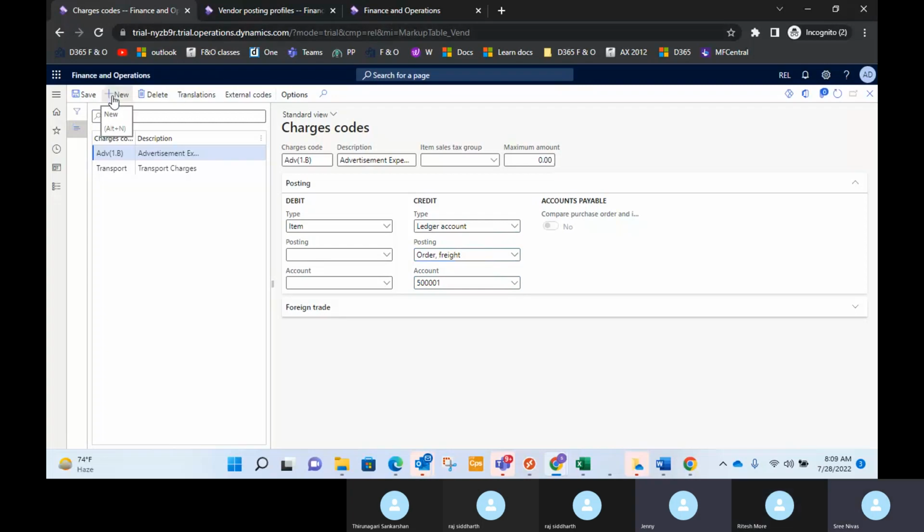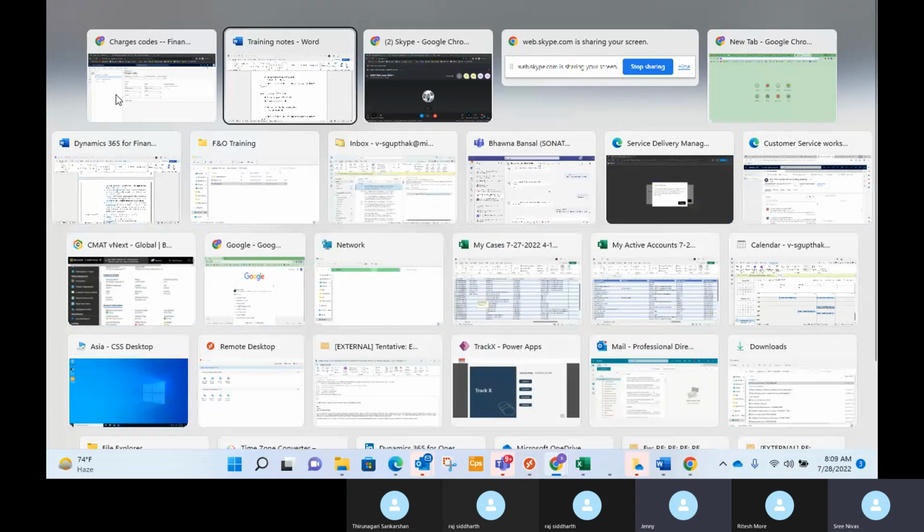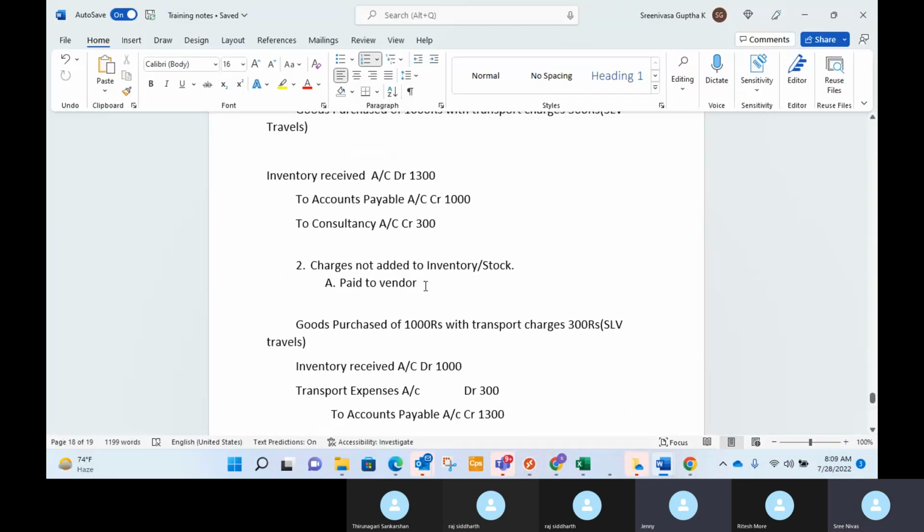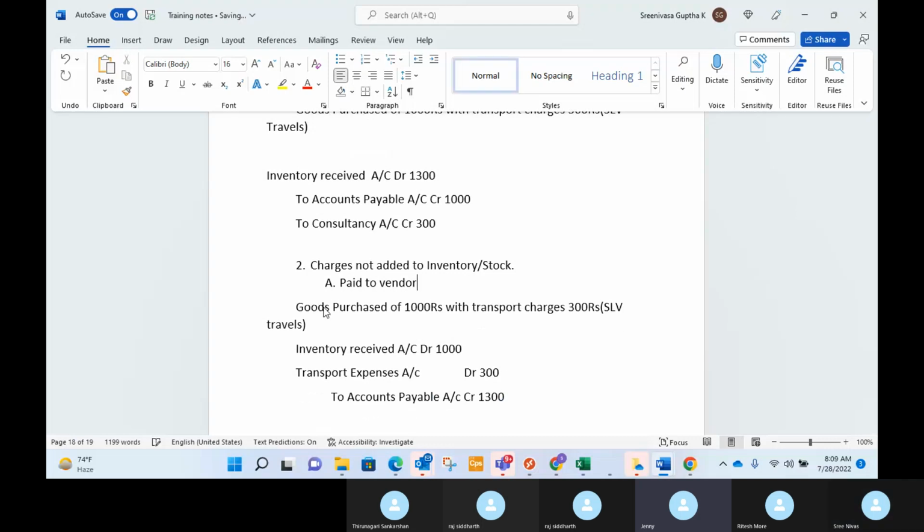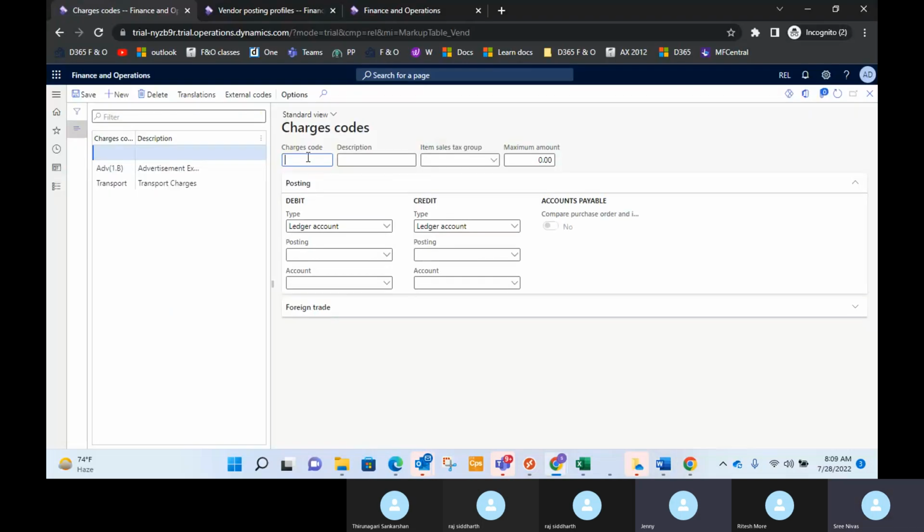Okay, so what is the next scenario here? We do not want to add it to the inventory, but we are paying it to the vendor. So here, what will be the scenario? For example, we'll take the same transport, but